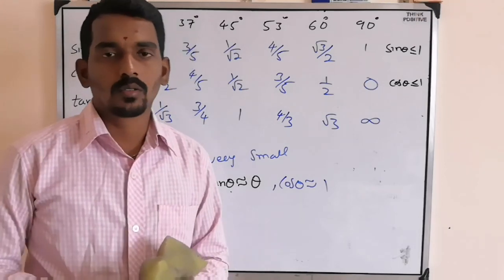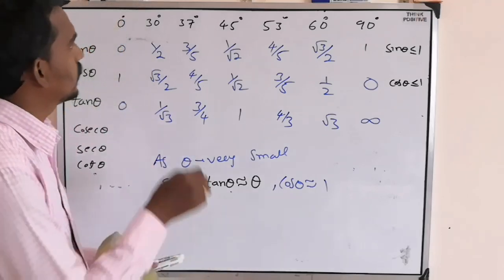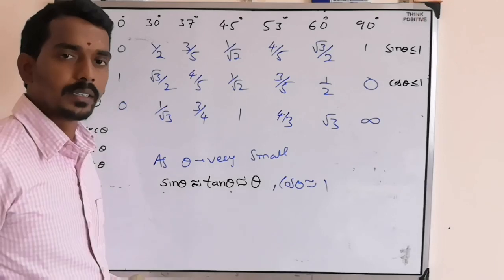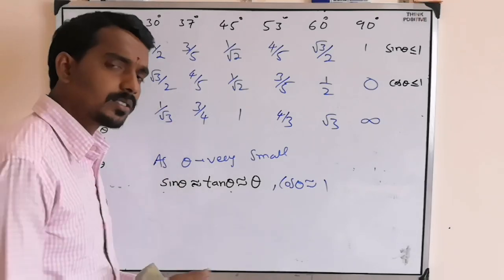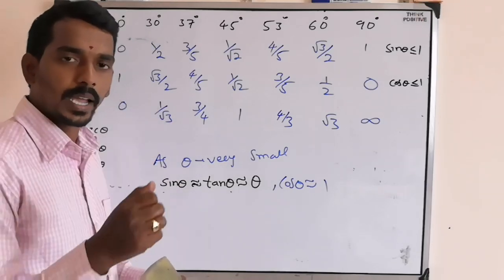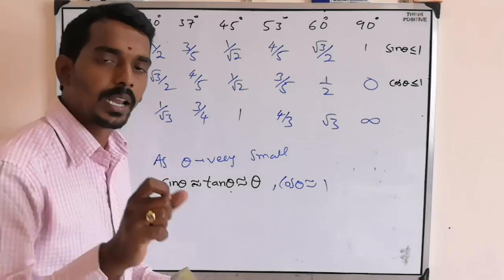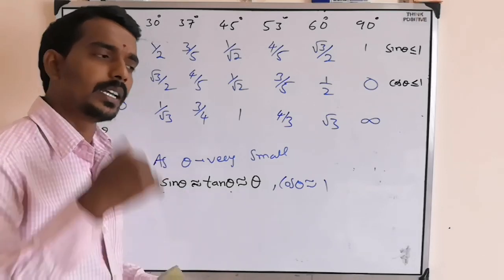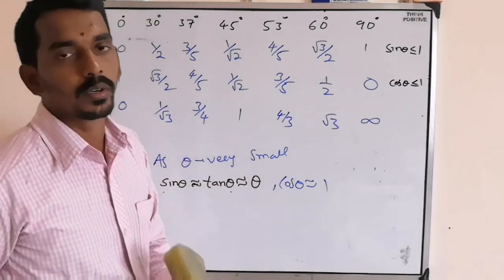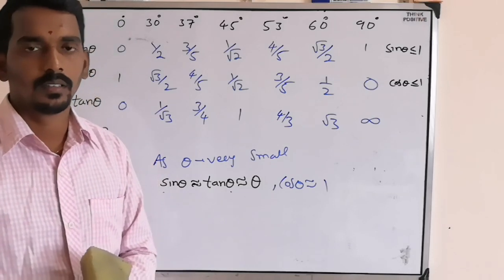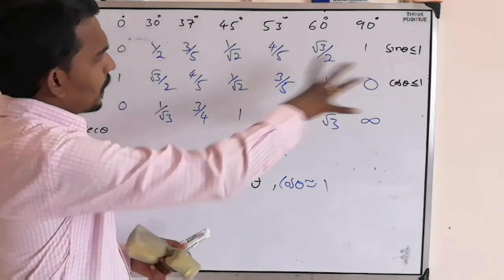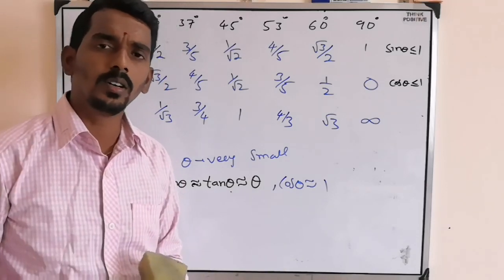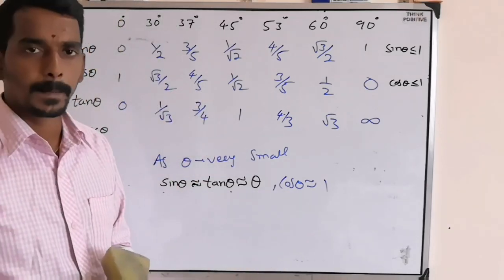And one more question you will get, that is 0 to 30. Sir, what if the angle is 15? Don't worry. In the question paper they must give the data, like suppose sin 15 value they will give, or for 20 degrees, if cos 20 value is needed, then they will give cos 20. Don't worry about it. So you have to remember this data. That is good enough to solve the questions related to physics.